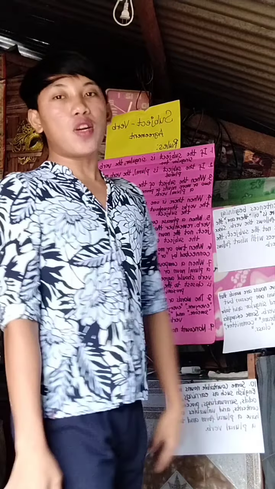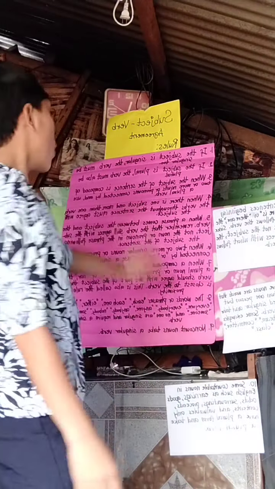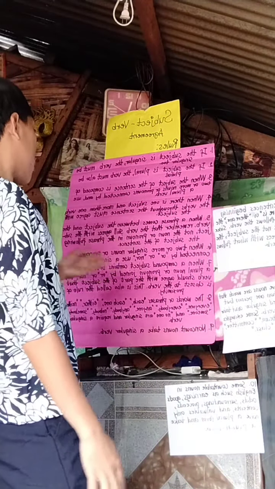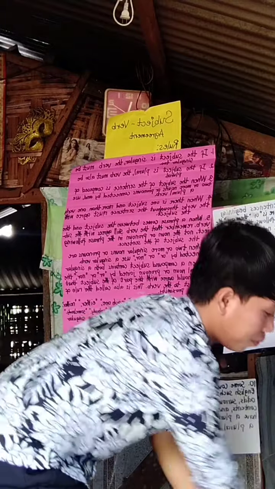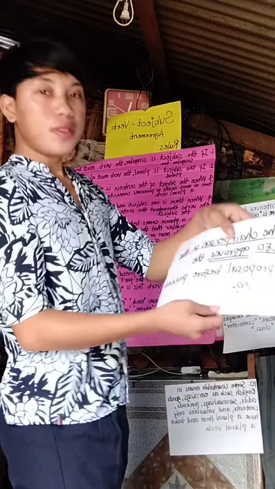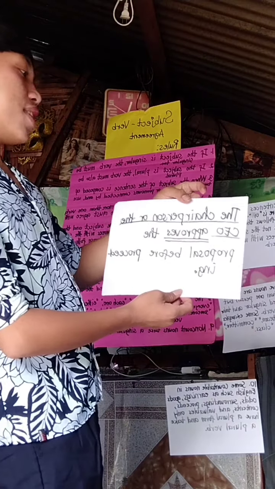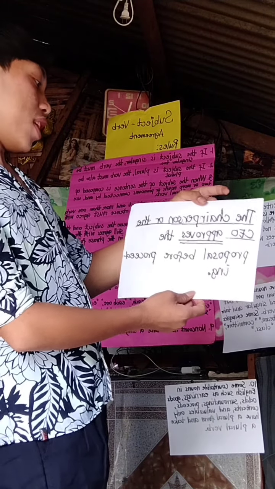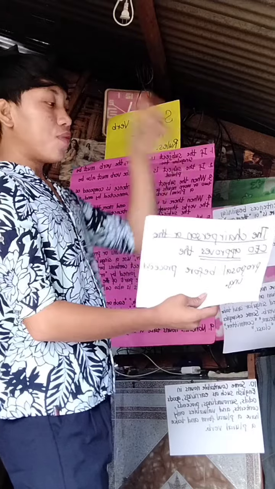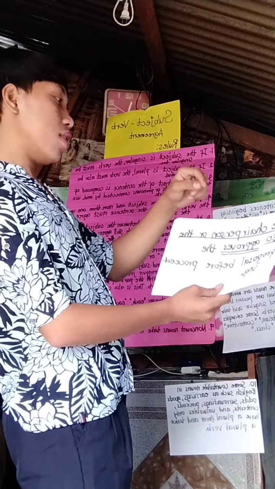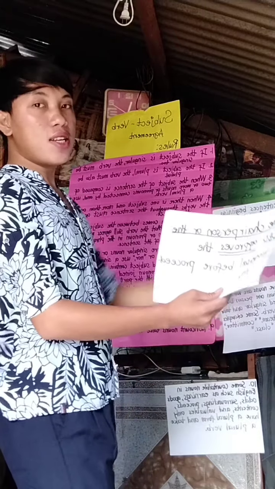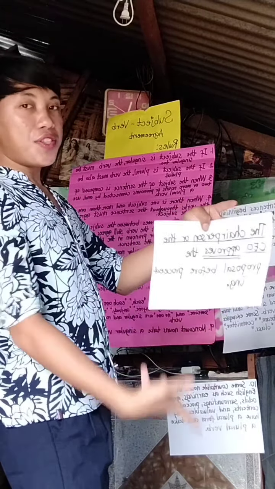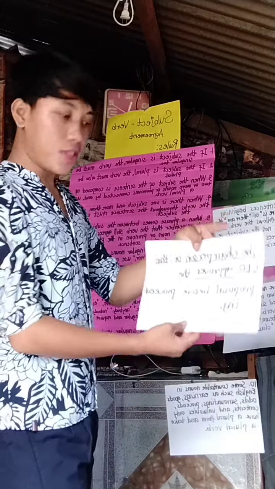So let's proceed to rule number 6. When two or more singular nouns or pronouns are connected by "or" or "nor," use a singular verb. From the example, the chairperson or the CEO approves the proposal before proceeding. So our subject is the chairperson or the CEO, which is a singular subject. So that's why we use the singular form of the verb, which is "approves."